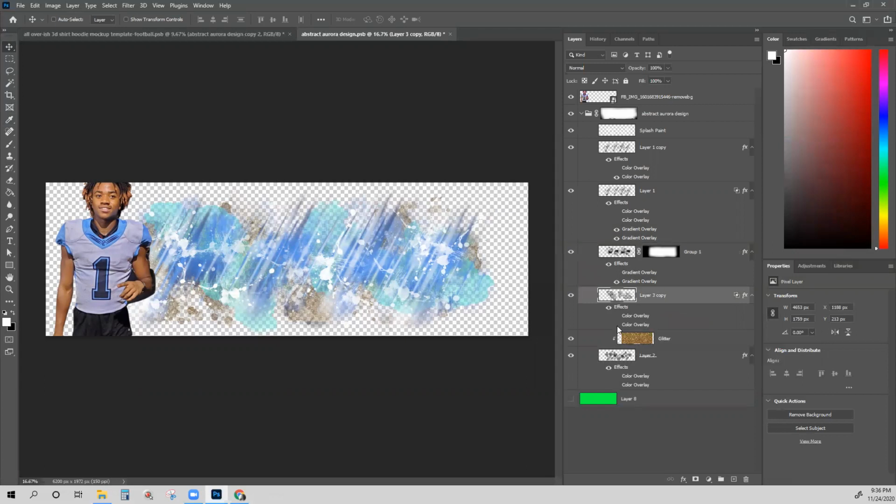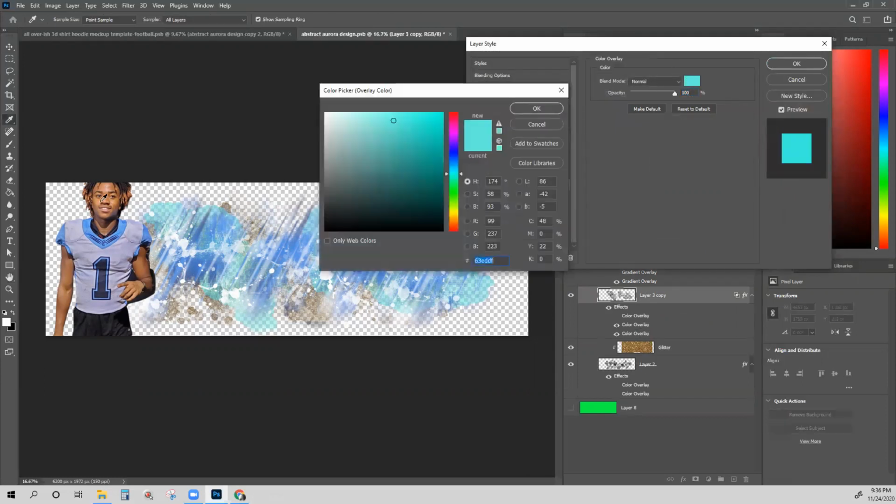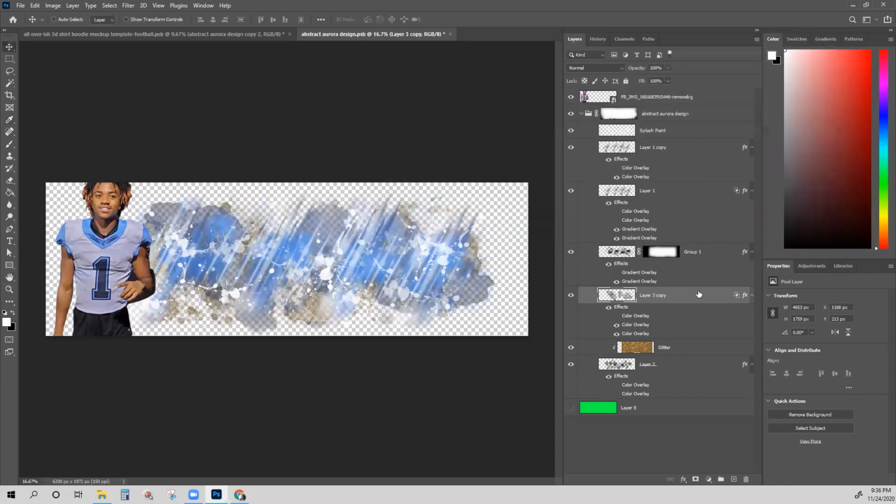Let's go ahead. This one is a color overlay, and it's that teal color. So I'm going to double click that color overlay, and we'll duplicate it and switch it up. So it looks like we have a lot of the lighter teal going in. I'll put the navy there, and then